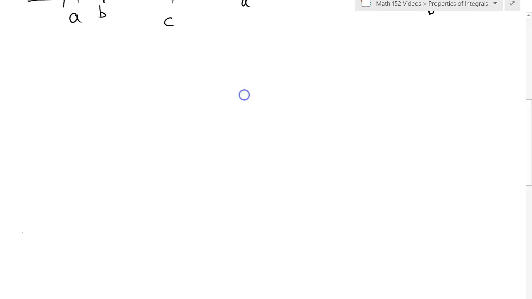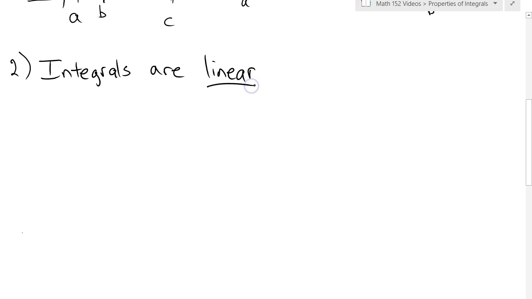Okay, so what's next? Integrals are linear. I don't really expect you to know what linear means, but I will show you. Linear basically means that they play nice. When something is linear, it plays nicely with addition and multiplication by constants. So when I say an integral is linear, what I really mean is that you can pull out constants and you can break up sums, just like you can with limits, just like you can with derivatives. So if c is a constant, and f and g are functions,